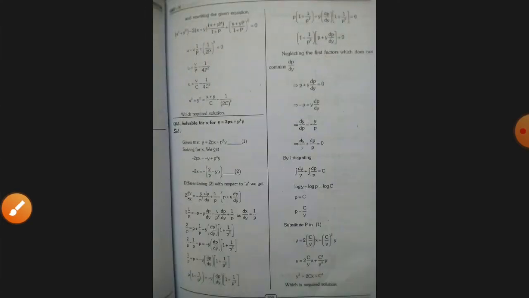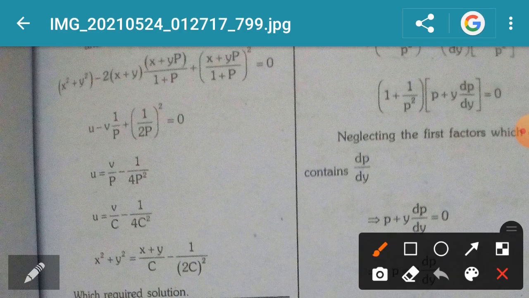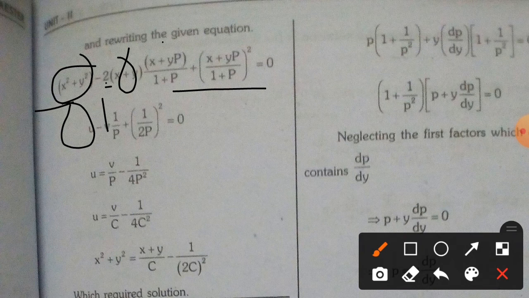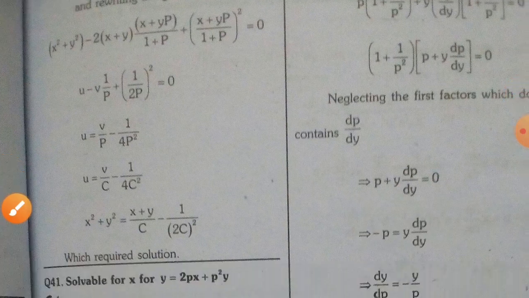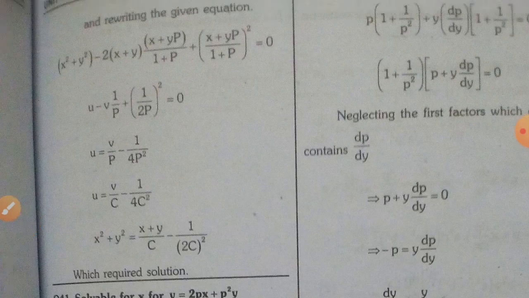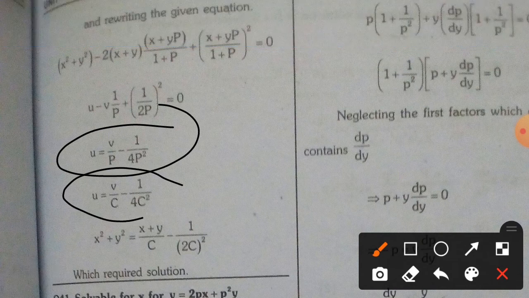After simplification, rewriting the equation in that formation, u equals what, v equals what, substitution in x square plus y square equals u, v is the constant, into x plus y and 1 by p. Here the value is 1 by 2p square. Total values are there in the above equation, which is in the formation u equals v by c, 1 minus 1 by c square. We get that